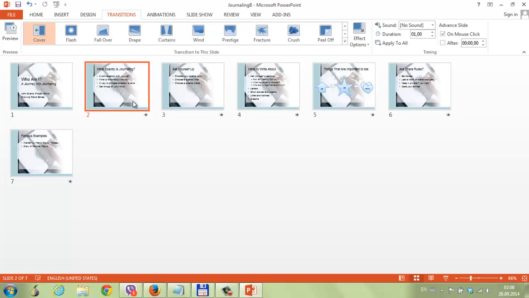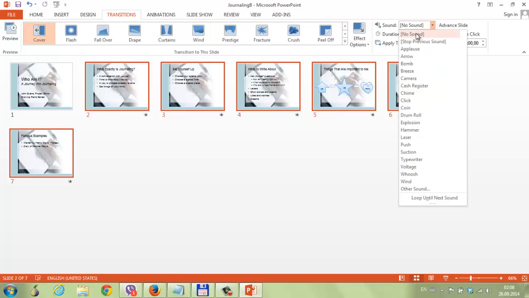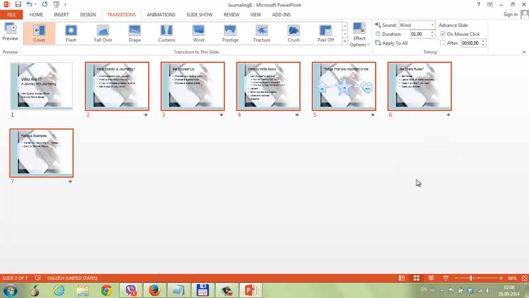Switch to Slide Sorter view and then select all the slides that have transitions by clicking slide 2, holding the Shift key, and select each of them. And in the timing group, click sound arrow and then click wind. Okay. In the timing group, click the duration up arrow until the duration is set to